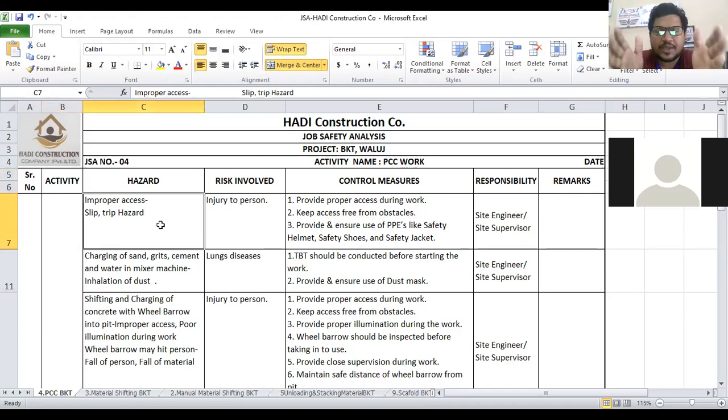Now, this is one way to do this. You can make it more elaborate, more technically sound. Like they mentioned, injury to person, you can involve likelihood also. Same document, you can improve the way you want. You can even add color combination, like, oh, injury to person, the likelihood is 5. That means quite a red zone area. So you can add red color also on the same document,